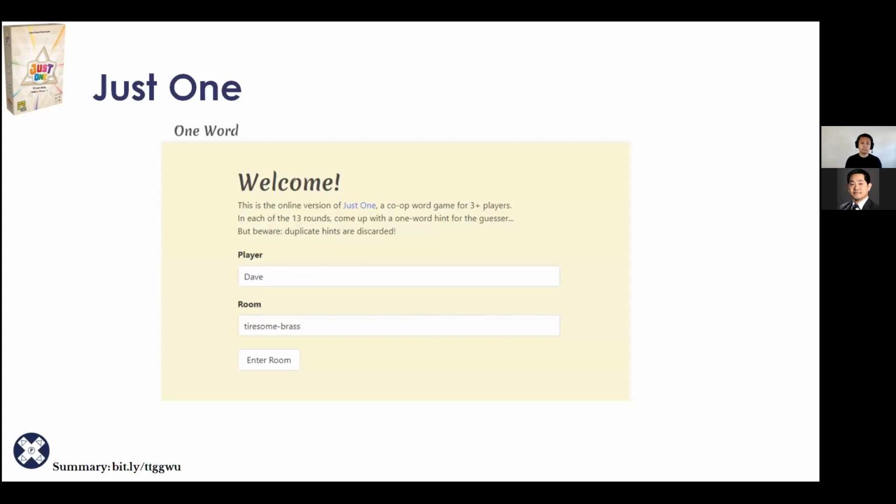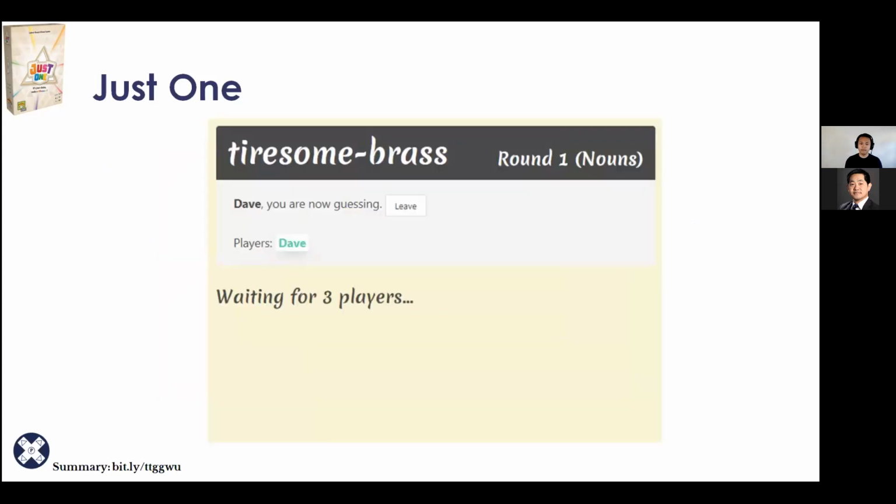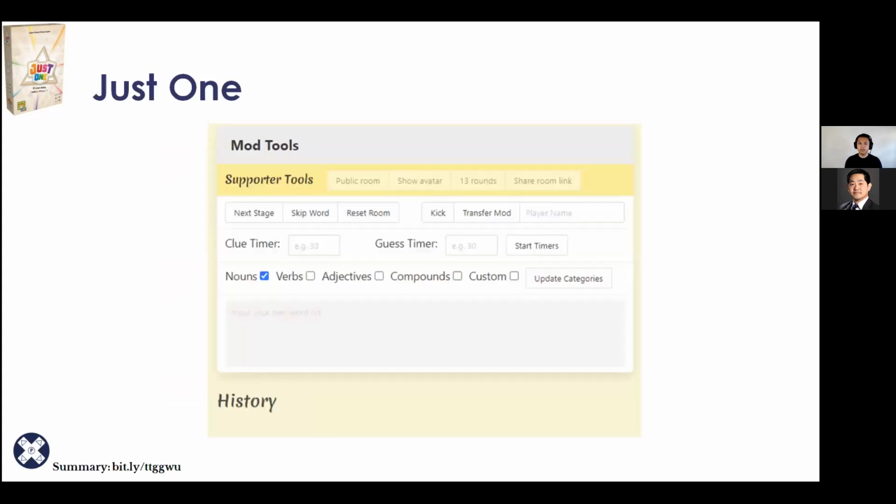So when you go to the website, you'll get this welcome screen here. All you can do is write in your player name, and once you do that, it is going to create a room for you. And when you're in this room, you're going to wait for some players to join you. When you create that room, you can then send out this link directly to your students. Whenever I've done this, I've done it over Zoom, so I just paste that link directly in the chat there. And when you are in the web interface, there are a couple of things that you can do here as the moderator. So you can select here to go to the next stage, to skip a word, or to reset the room.